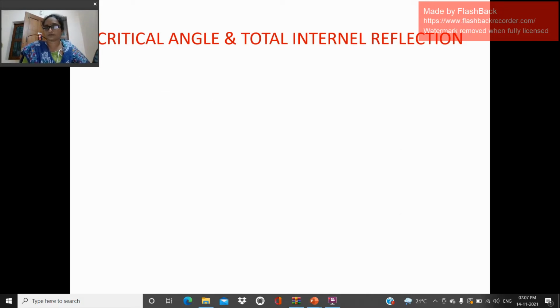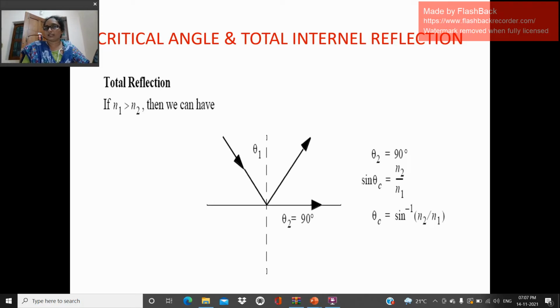Here it is clear. Total internal reflection: when N1 is greater than N2, so the first refractive index is greater than the second refractive index, then we have known that the ray which emerges parallel to the dielectric material is perpendicular to the reference line. Okay, so the ray which gets incident on the dielectric material and is reflected with some angle into the same medium, then it is referred to as internal reflection.